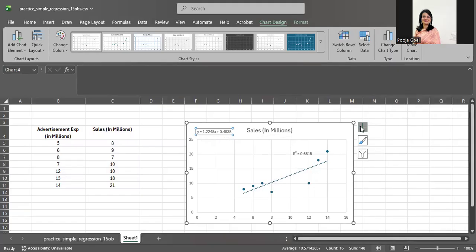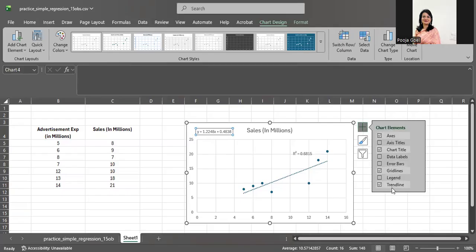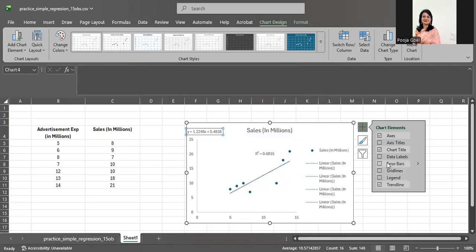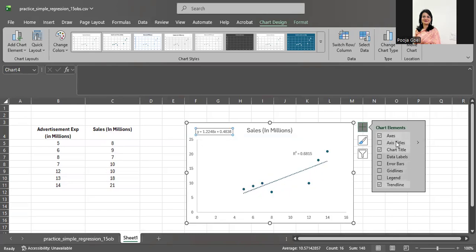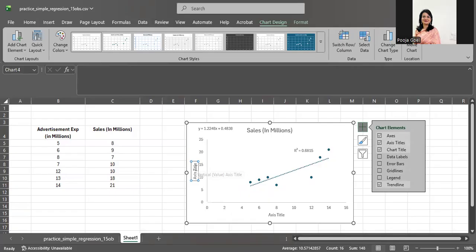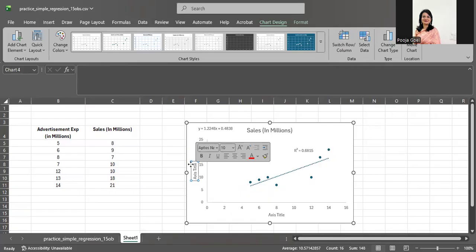So now we can add certain other details also. Let's say I want to get rid of this grid line, so I'll just remove it. And let's say I want to add certain chart titles. For the y variable, you have this information regarding sales, so you will say sales in million.